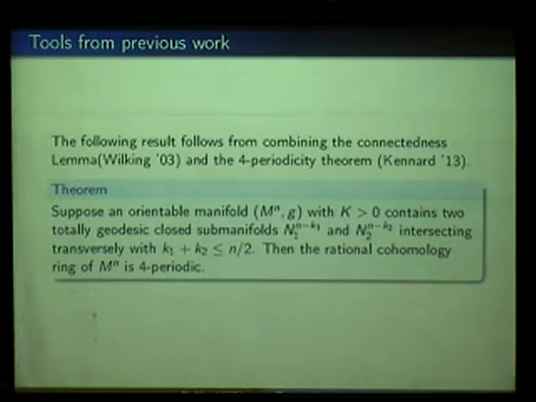So if we have a positively curved manifold, and we have two totally geodesic submanifolds that intersect transversally, and the codimensions add up to something which is still less than n over 2, then the rational cohomology of the manifold is actually 4-periodic, which is very strong, right? So yes, rationally 4-periodic, that means